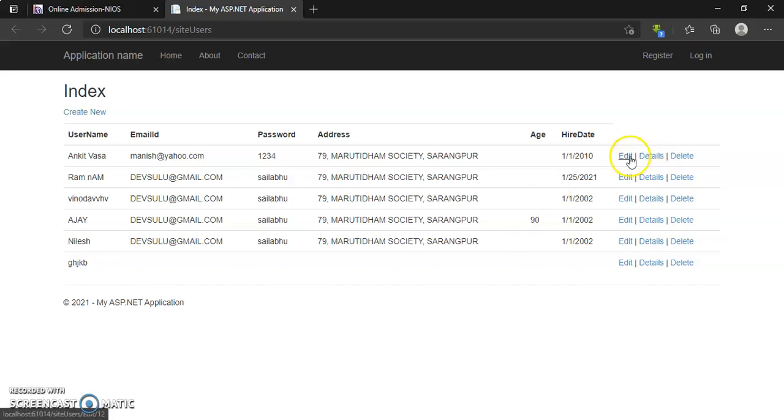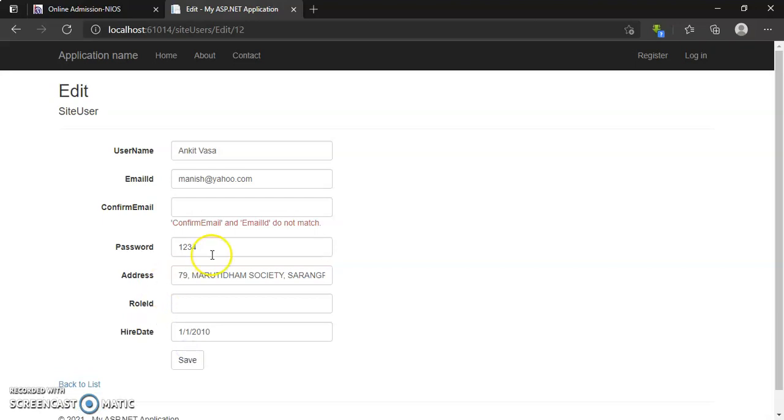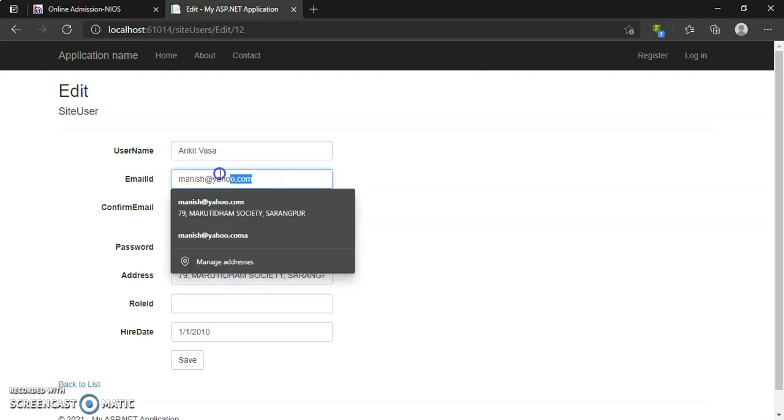Now we will edit this row. I have not added any email address in the confirm field, and I click on the save button. It says confirm email and email ID do not match, meaning email ID and confirm email do not match. So I will copy this and paste it here.